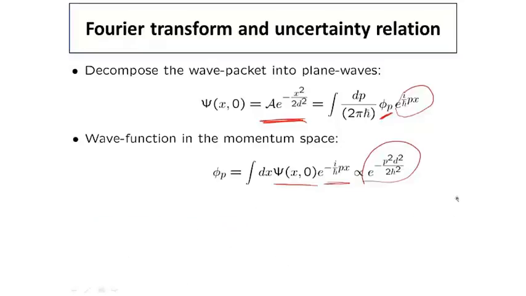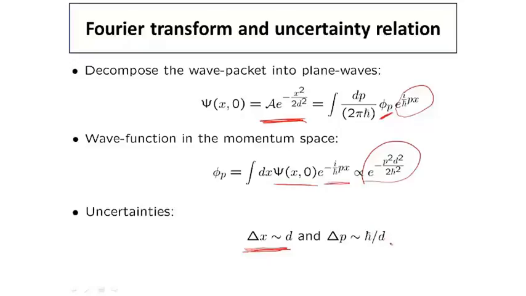Now we're going to interpret this Fourier transform in an interesting way. The reason we constructed this initial condition in this form was because we wanted to localize our particle on certain length scales of order d. So the uncertainty of our initial condition in real space is of order d. But by looking at this wave function in the momentum space, we see that the uncertainty in momentum, delta p, is of order h bar over d. So it's inversely proportional to the localization distance in real space.